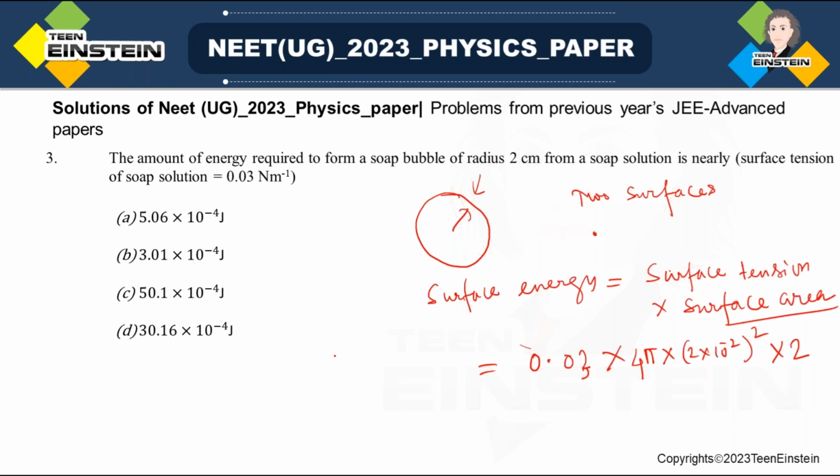And if we just do this calculation, let us say this is 3, this is 4, this is 2, and here 3.14 in place of pi, and again here I have got 4 from this square, and 10 to the power minus 2 from here and 10 to the power minus 4 from here, so 10 to the power minus 7 here. If we multiply this, 4 4 16, so this is 32, 96, so 96 into 3.14,